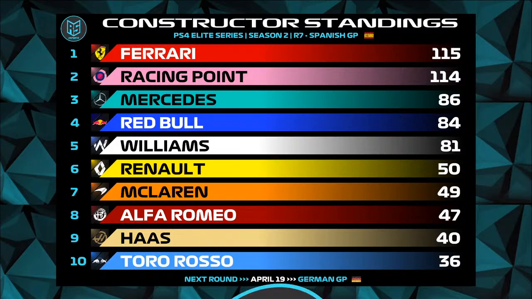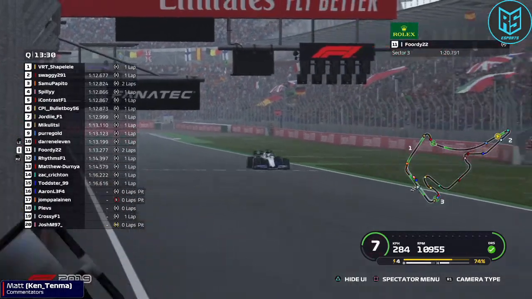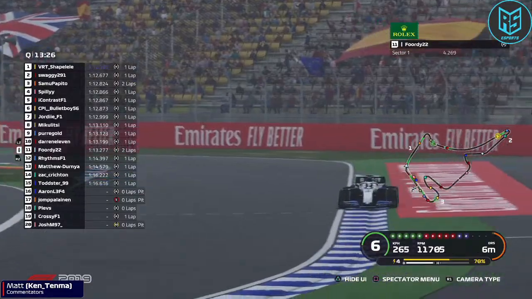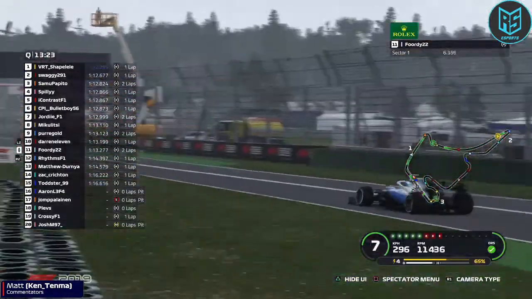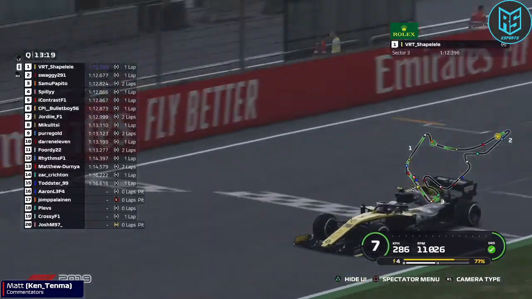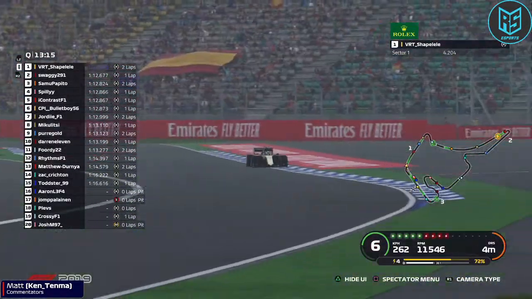Let's head back to the action on track. At the moment, we're still following 40. He has set a lap, 113.277, and currently our pole sitter is VRT Chapelele with a 112.395. None of these times